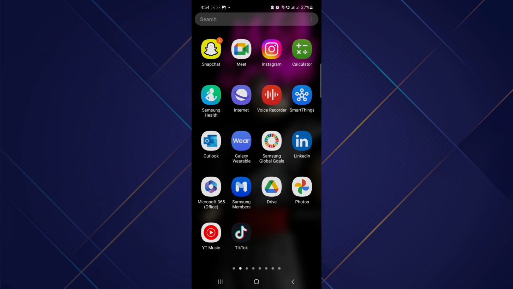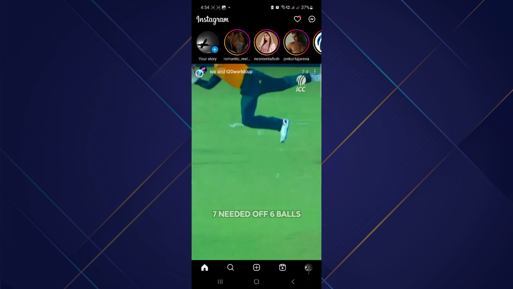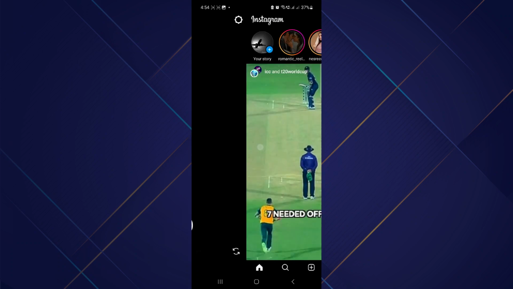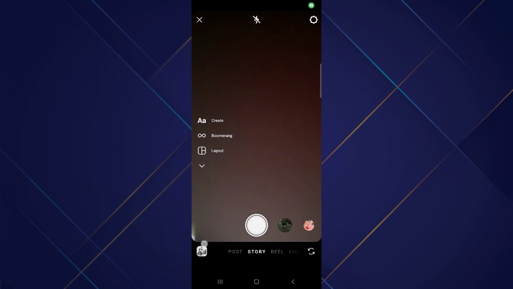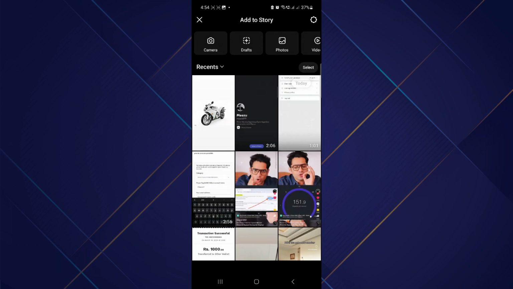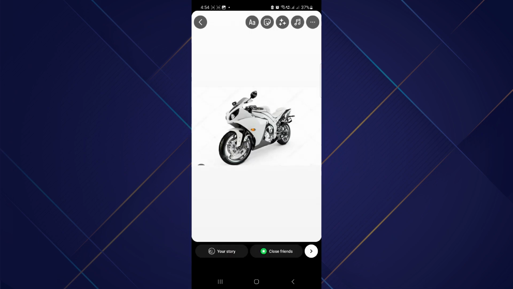The first thing you want to do is to create a new story by swiping to the right. For this video, we are just going to choose a photo from our photo library. To put transparency on this background, the first thing you want to do is to tap the three dots in the upper right corner and then tap draw, and then you want to tap the highlighter, which is the third